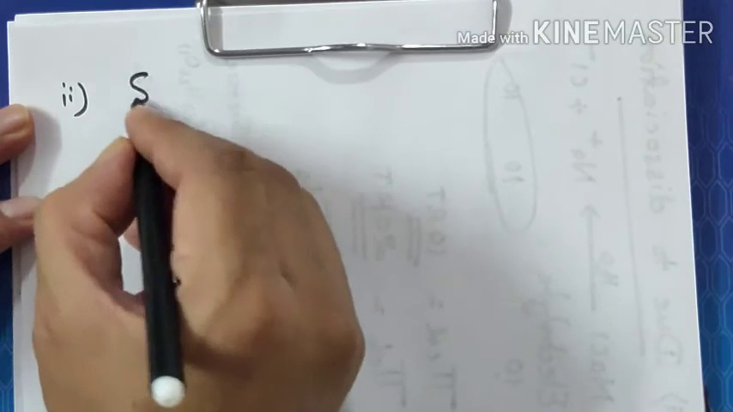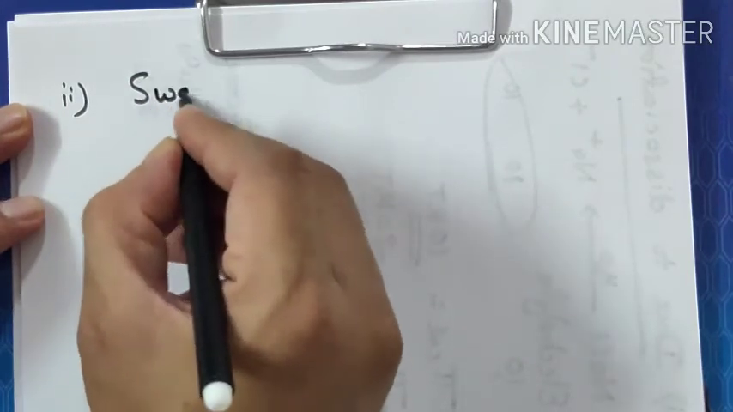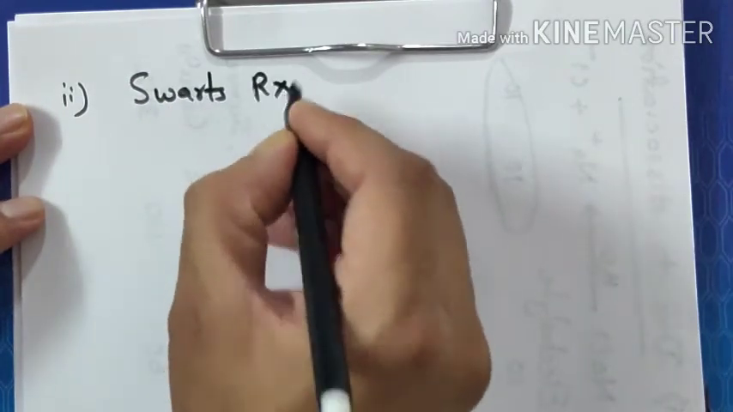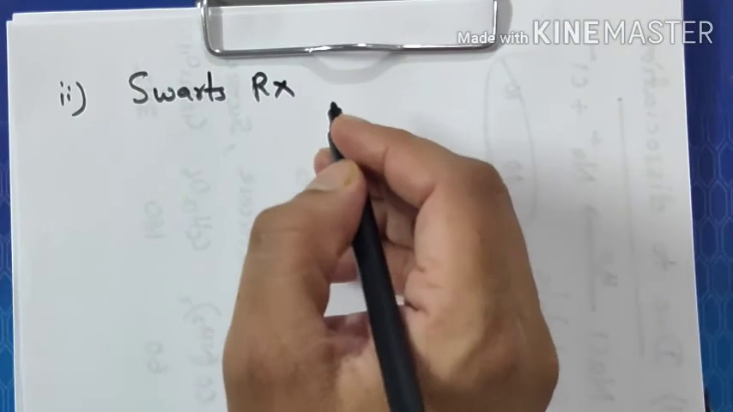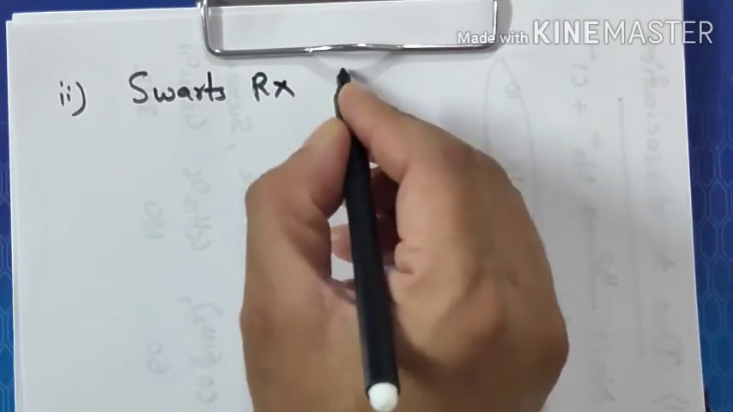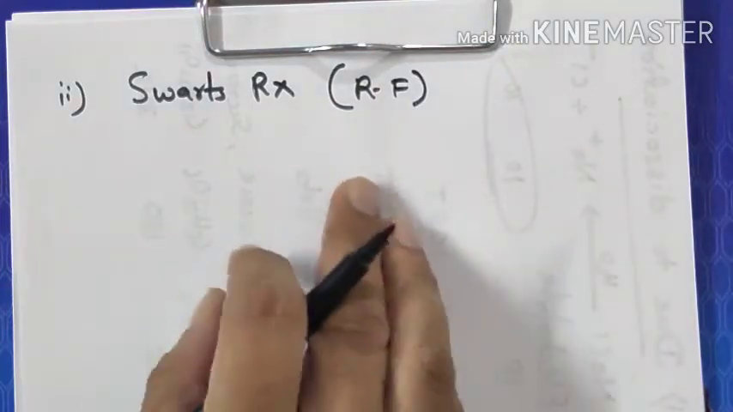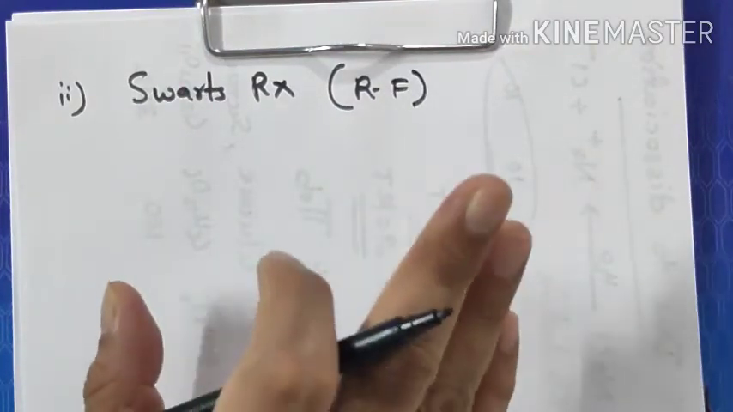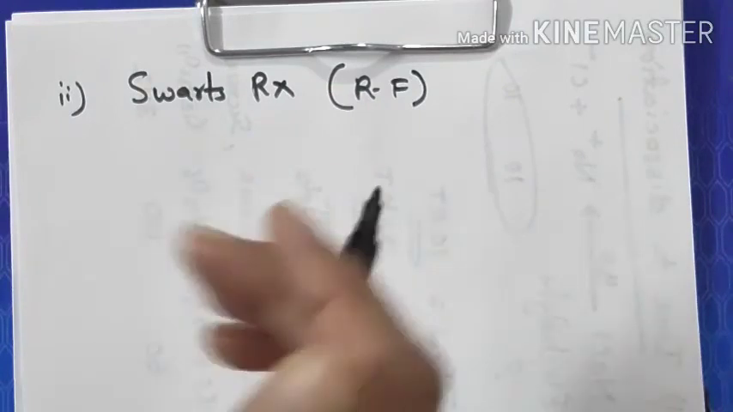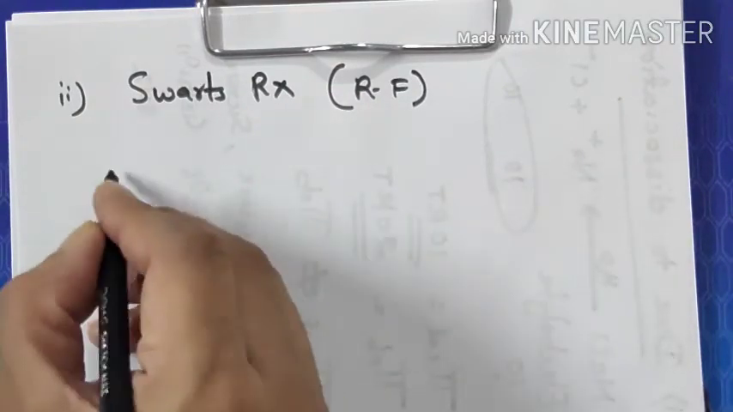This is called Schwartz reaction. And what happens in Schwartz reaction? In Schwartz reaction, we form RF. What do we form? RF. Right. Now, for example, I have